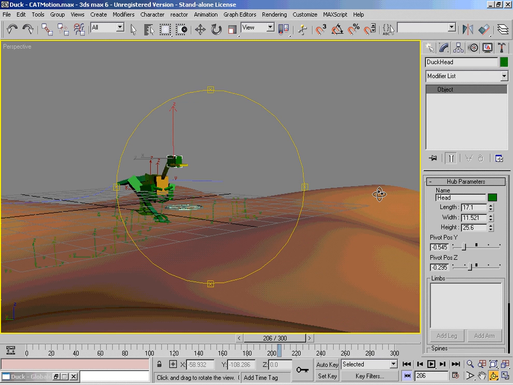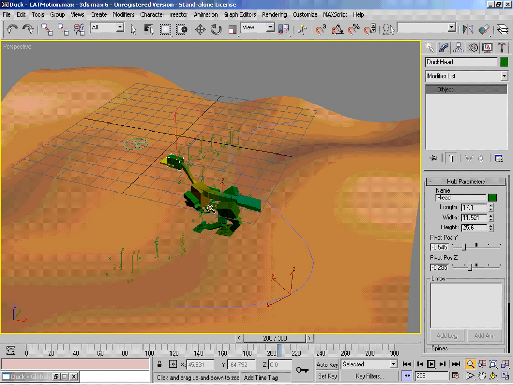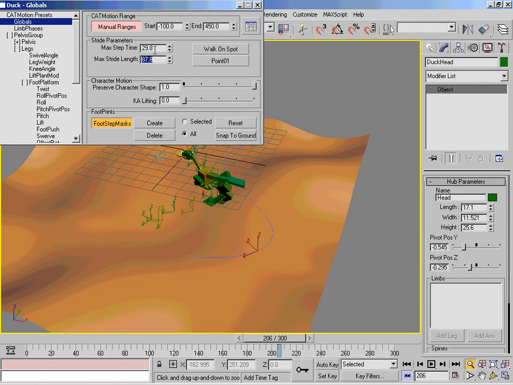Of course, at any point in time, you can re-snap the footprints, resetting the footprints, changing the stride lengths,